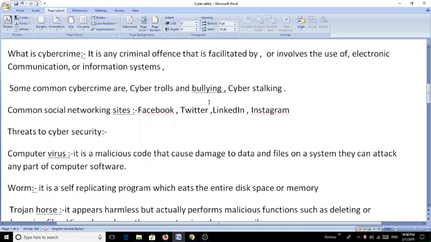Cyber troll refers to a person who purposely posts opposing, sarcastic, demeaning, or insulting comments about something or someone with an aim of targeting a person online. The provocative message posted this way is also called a troll. So the word troll can refer to a person who is doing it, and it may refer to the derogatory comments posted by the troll. Trolling is a cybercrime and is closely related to cyberbullying. In fact, it is a form of cyberbullying.